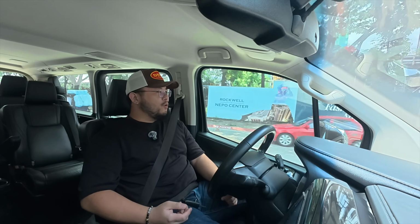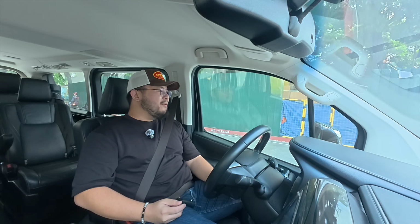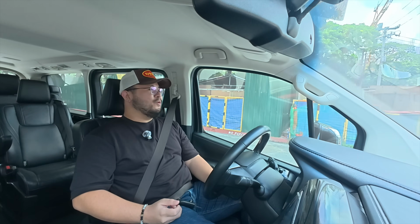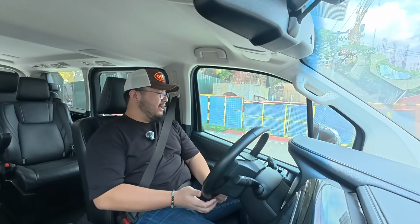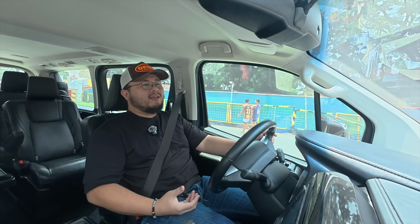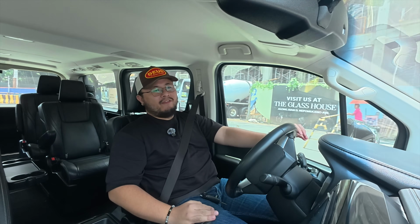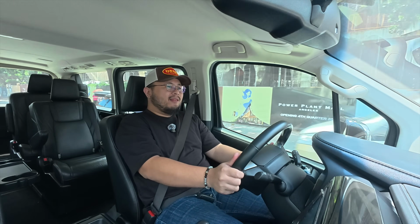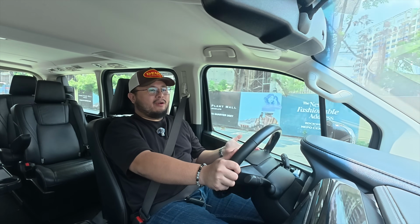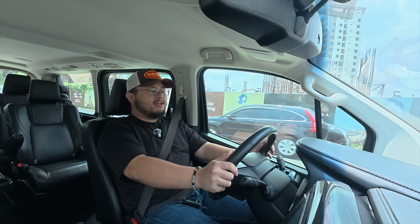And now let's move to the handling of the Toyota Hiace. It's a van, so I didn't expect it to have very sharp handling characteristics. I think it won't be reasonable to expect a van to have very sharp handling. And instead of expecting sharp handling from it, I expected it to have a planted sensation when you're driving it. And actually, it didn't disappoint. I mean, it feels a bit wallowy, especially now that there are no people inside the van. But in terms of handling, the